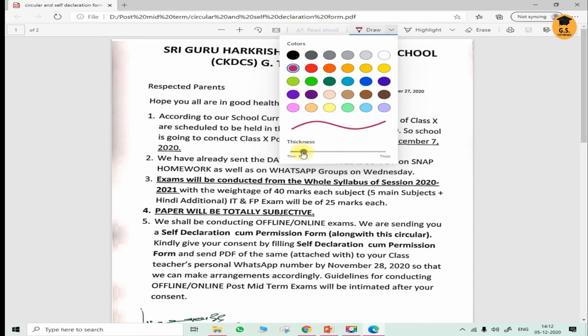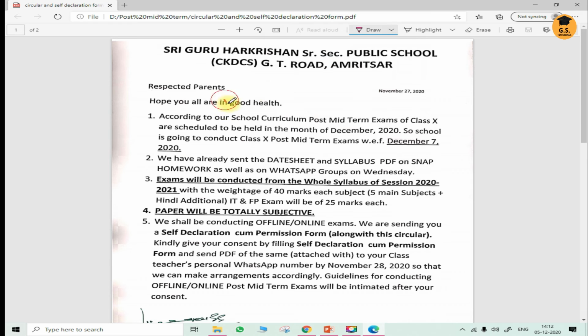select the thickness of your pen. Okay? After selecting the thickness of your pen, start correcting your paper. Okay? You can start correcting your paper. So let's say if this is wrong, and you have put ticks, what you can do is you can take the eraser. In that case, you can erase it and again just